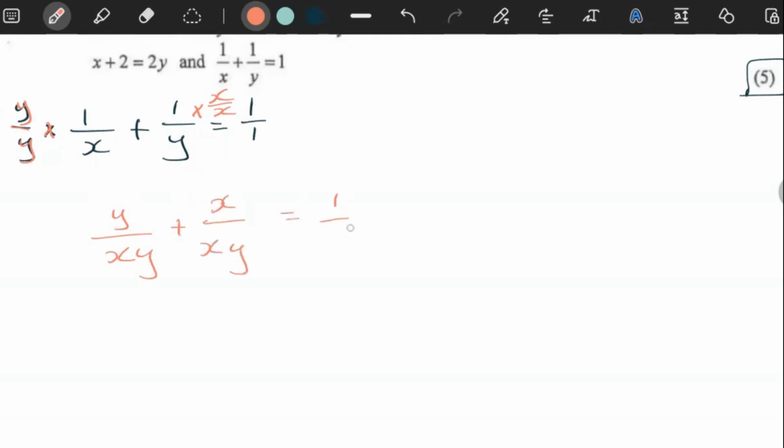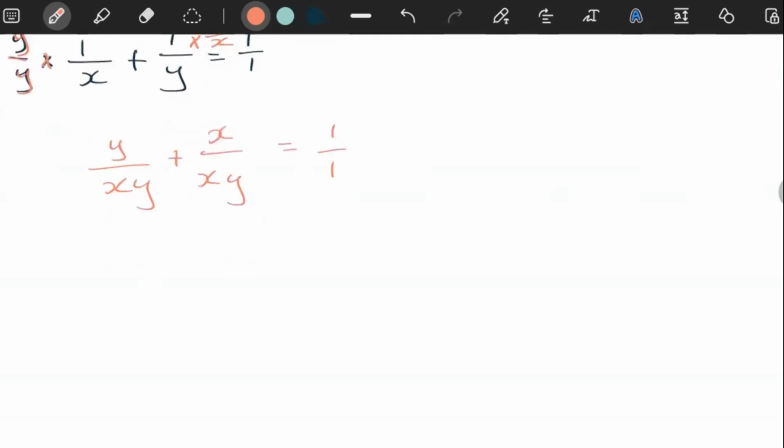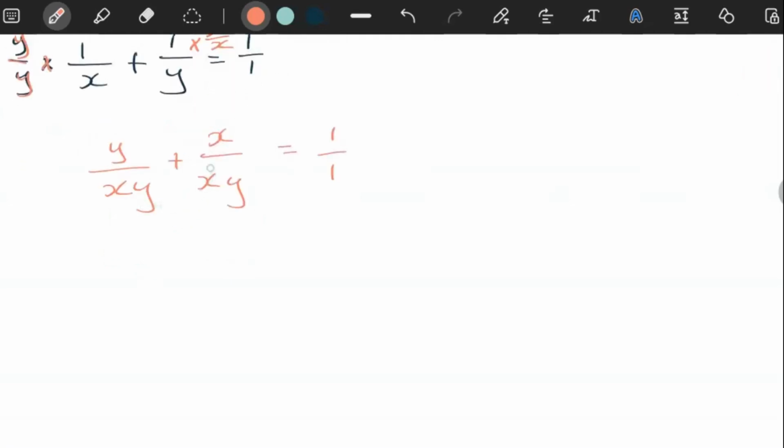This is equal to 1 over 1. Now, because our expression on the left here already has a denominator that looks the same, we can put y plus x here, the bottom xy equal to 1 over 1. So with this being done, what I normally recommend is, if you have a fraction on one side and a fraction on the other side, your best bet is to cross multiply and end up with a statement that does